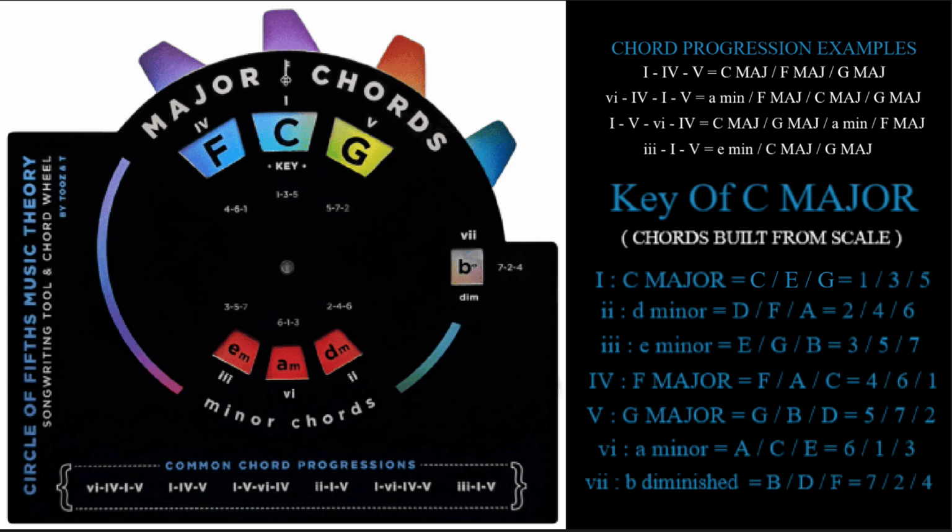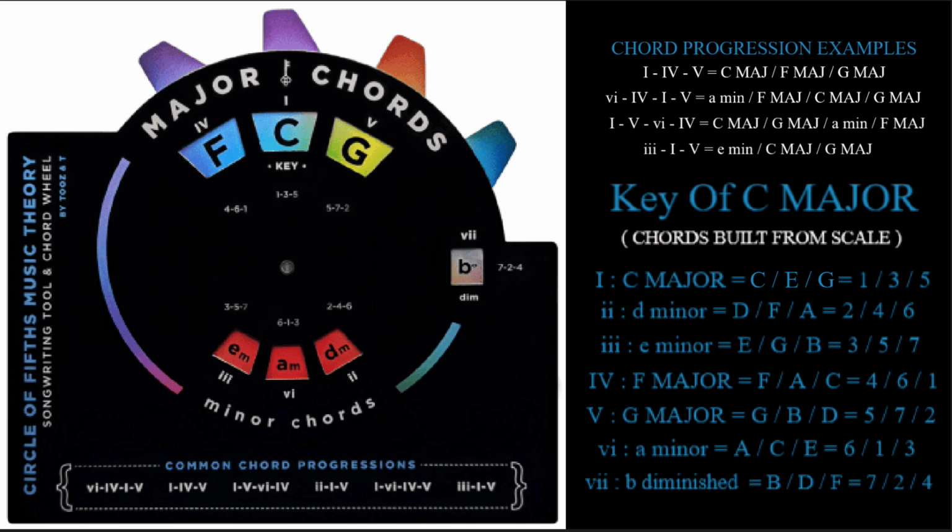C major, G major, A minor, F major, and then an E minor, C major, G major chord progression with a lowercase 3, an uppercase 1, uppercase 5. And again, these are just some common examples to show you how chord progressions are built and to give you a feel for the relationship from one chord to another and how they flow and function within a musical key